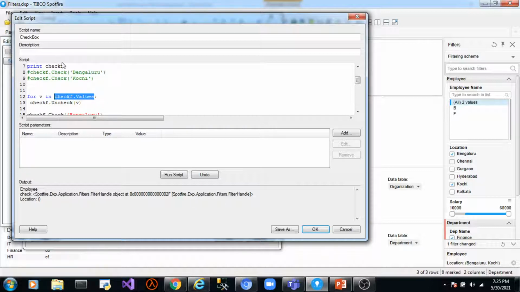By looping through all the values, we uncheck them one by one by passing each value to the uncheck method. This way it unchecks all the values in the filter. Once all the values are unchecked, we pass to the check method those values which we wish to be checked. So this is how we check filters in a checkbox filter.